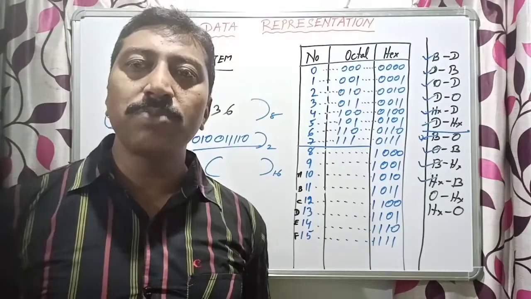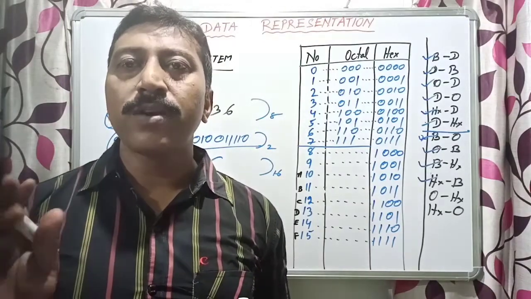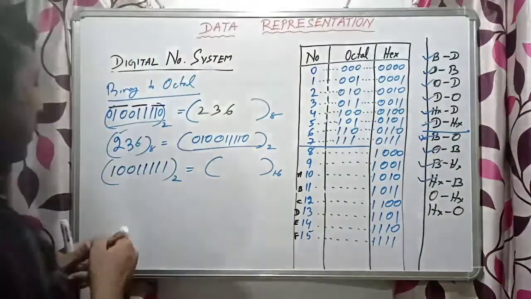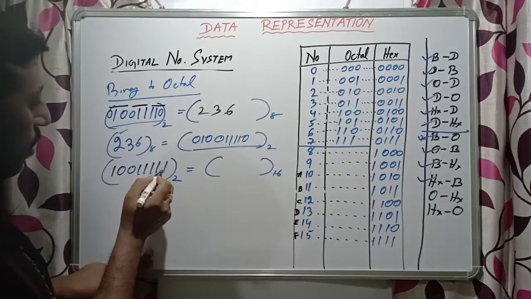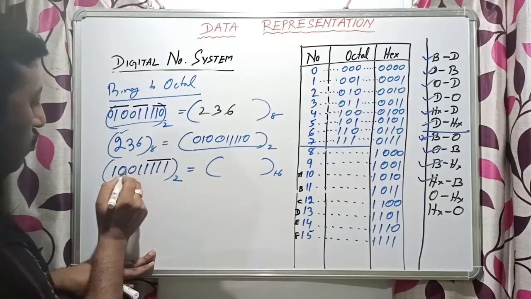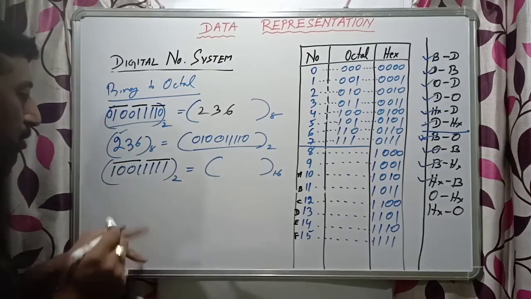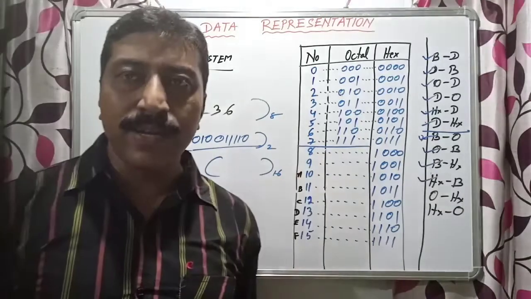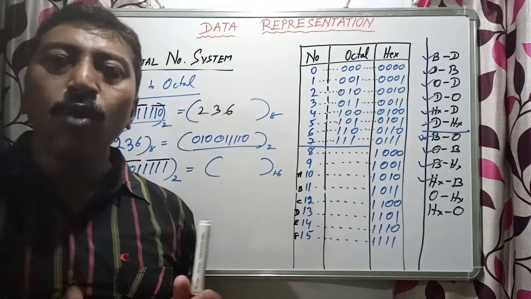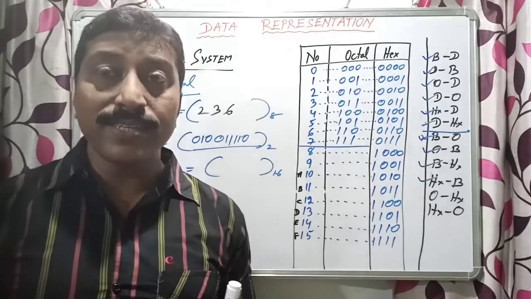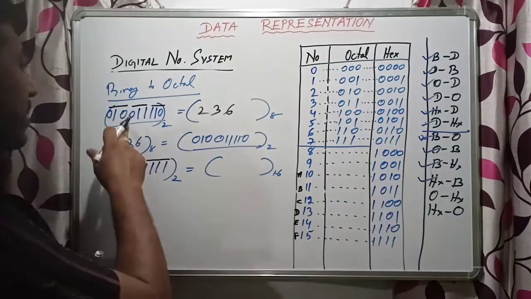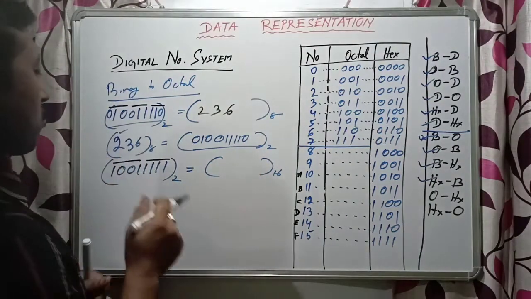For that reason, in hexadecimal, I have already told you how many bits there are: 4 bits. A group should be 4 bits. So now you take the grouping here. Last 1 2 3 4, this is one group. 1 2 3 4, this is another group. If any digits are left to form a group, you add more digits, but only 0 you will add to make a group, just like in the octal case.